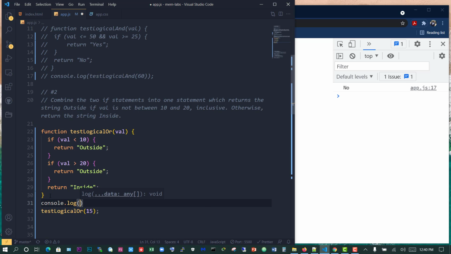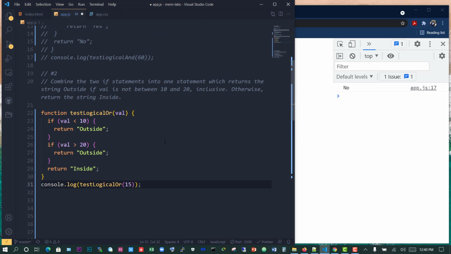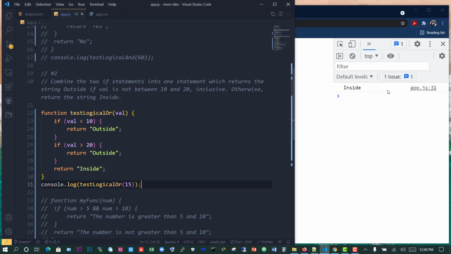Console.log, and we'll take that and save. So it says inside because 15 is in between 10 and 20. What if we take 9? It says outside. Or let's take 21. It says outside, which is fair. Let's take 10. Inside because it's inclusive. So what we'll do here is that we're going to use the OR logical operator, because